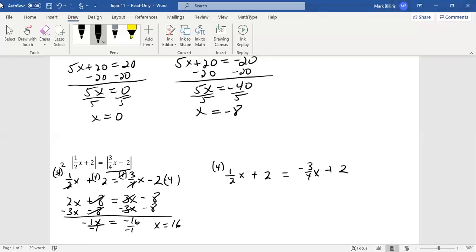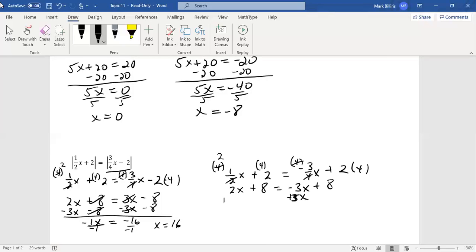I'm going to multiply by the LCD, which is 4. The 2's reduce. So 2 times 1 is 2x. 4 times 2 is 8. The 4's reduce, leaving me with negative 3x. Plus 2 times 4 is 8. So I'm going to do the same thing. I'm going to move the x's